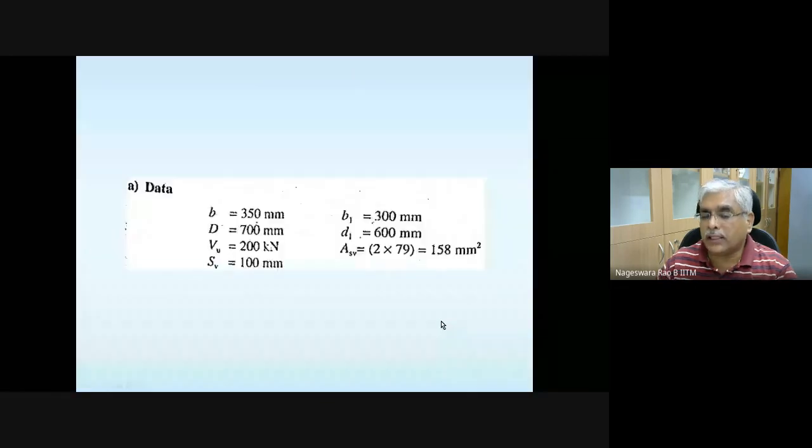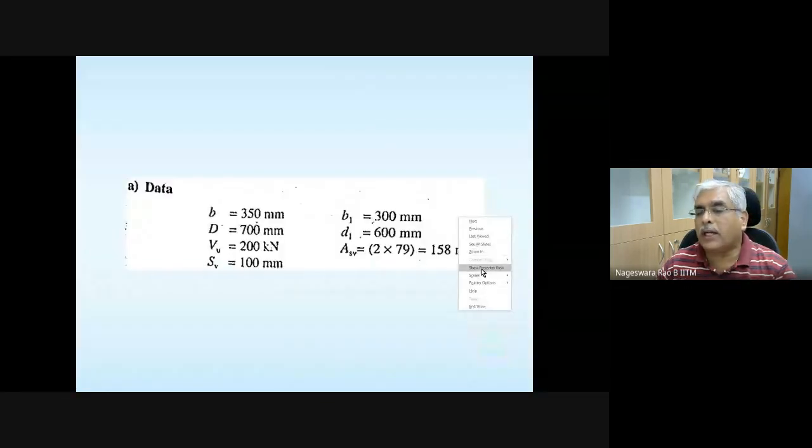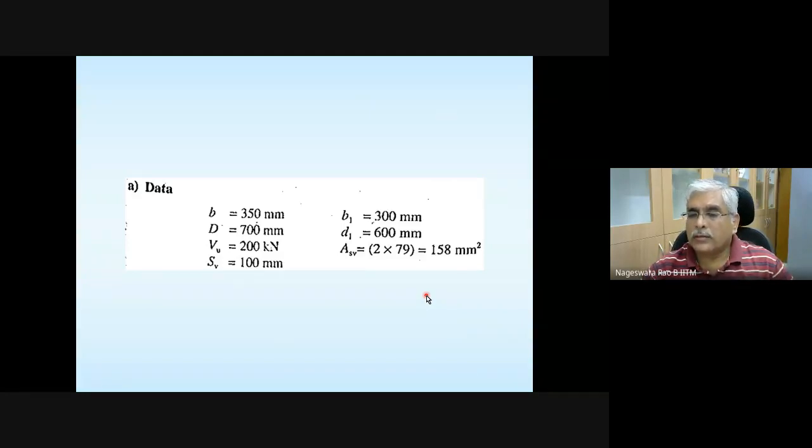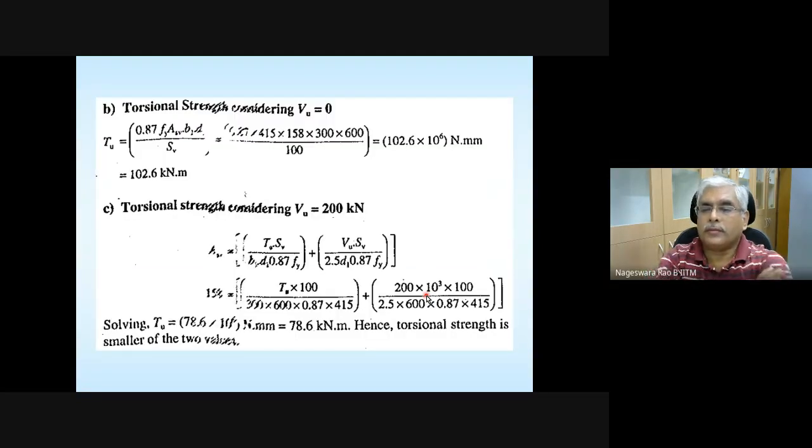And what I suggest is you please check the numerical. If there is any mistake in the numerical part, you please correct it. Okay. Any questions here? Two cases are solved here. Two cases are solved. Please note that